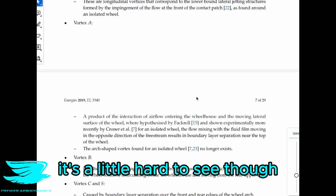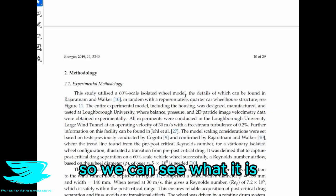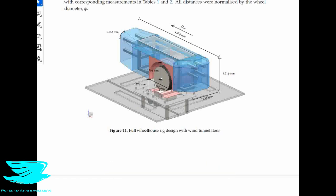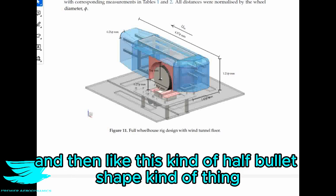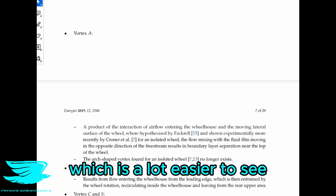It's a little harder to see though, because it's in that kind of opaque view. I'll scroll down to it so we can see what it is. Figure 11 here is their setup, and we have the ground, then the rotating wheel drive unit, the wheel, and then the housing, and then this kind of half bullet shape. But it's a little bit hard to see with this figure, so let's go back to figure 5,